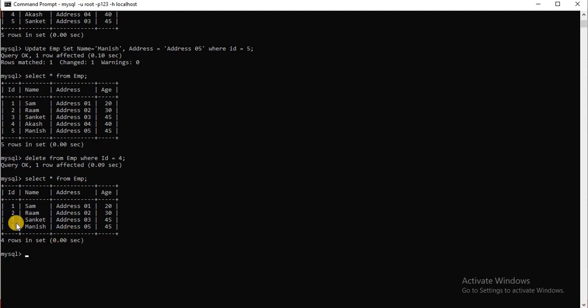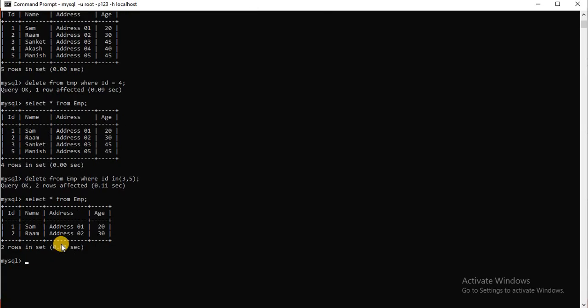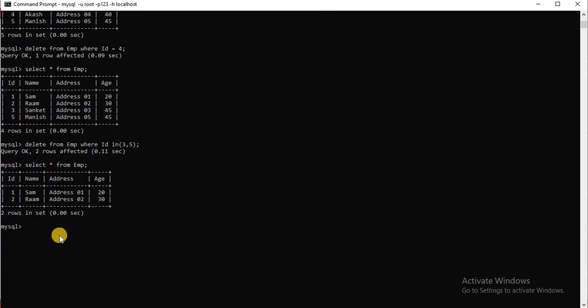Suppose I want to delete the Sanket and Manish rows, so I use the command delete from EMP where id in, and inside there I type 3 and 5. So here you can see two rows are deleted.